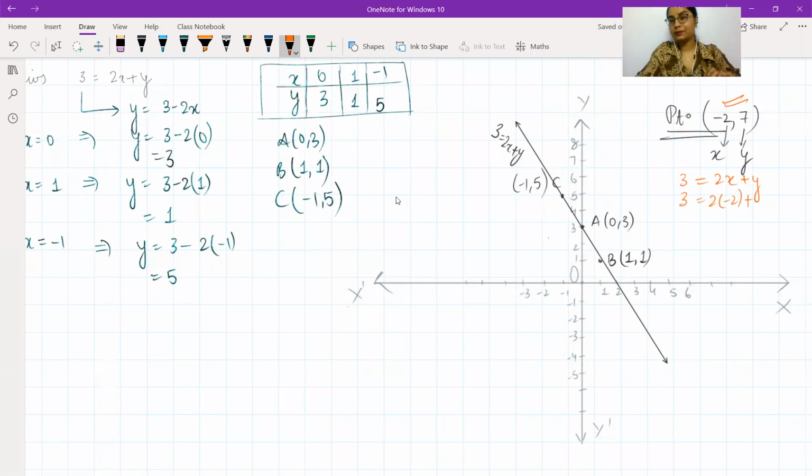You can check. The RHS comes out to be equal to the left hand side. So that means the values of x and y obtained from this point satisfy my linear equation. So this point will be giving me a solution of the linear equation. And this point lies on the graph of this equation that I have drawn. And you can see right here, this point represents a point on the line.